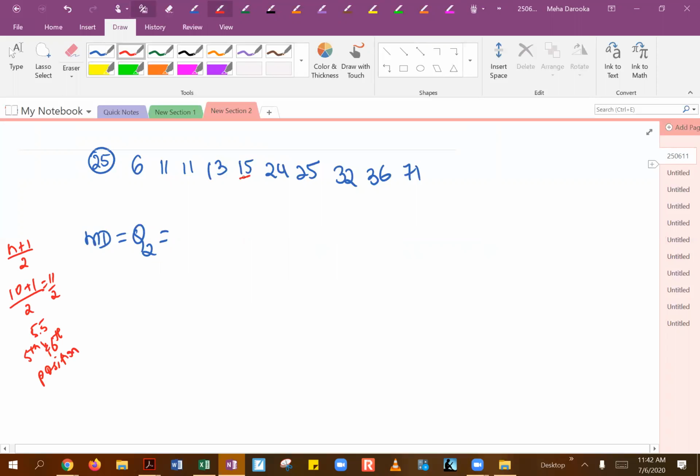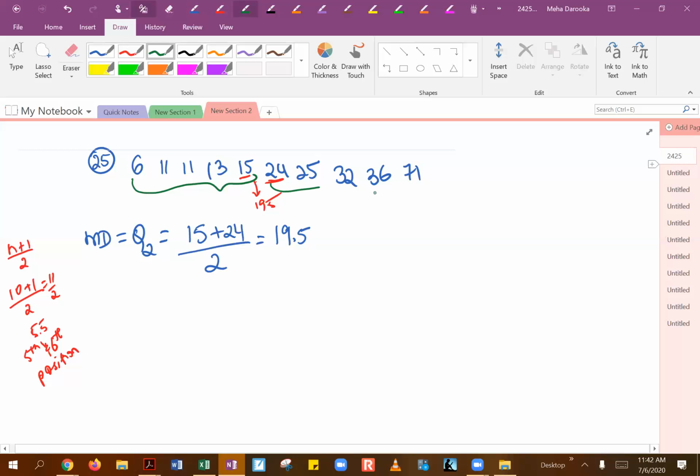So that would be the 5th and the 6th position. You can count from either direction and we will end up with that. So of course that means we are taking the average between 15 and 24 divided by 2. And like you said, Jesus and Lily, we've got 19.5 as our median. So it would be right over here, 19.5. So of course then that means to find quartile 1, we would find the median in the first half